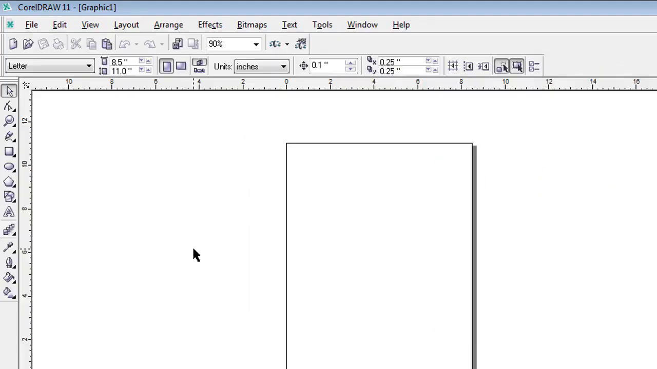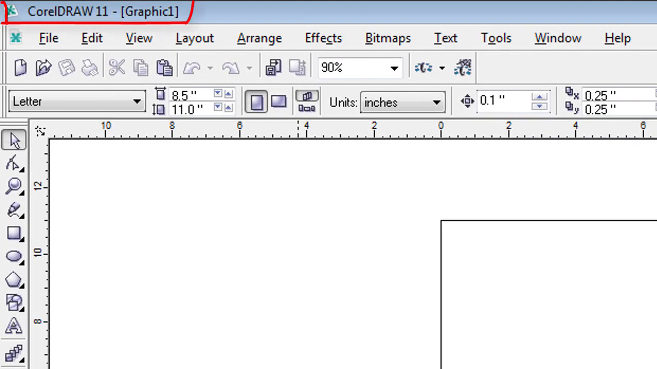Now when you look at the top left side of the interface, you will see CorelDRAW 11, then Graphics 1. Now that is the title bar. By default you will see Graphics 1 or maybe Graphics 2, but when you save your project, then the name of your project, for instance, if you say it's a wedding card, then the name will change from Graphics 1